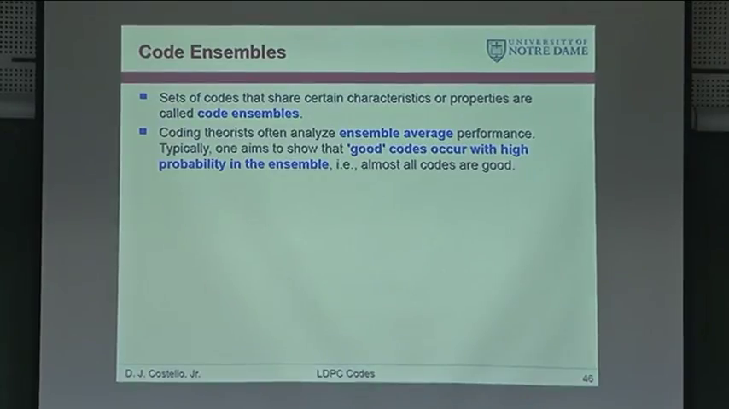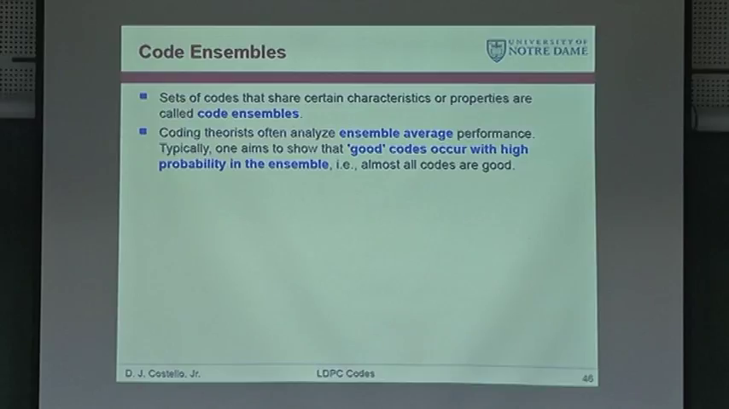So I guess I said this: what coding theorists like to do is analyze ensemble average performance. And again, why do they like to do that? Because it's just too hard to try to get the performance of individual codes. It's easier to do the averaging than to try to analyze a specific code when we're talking about large